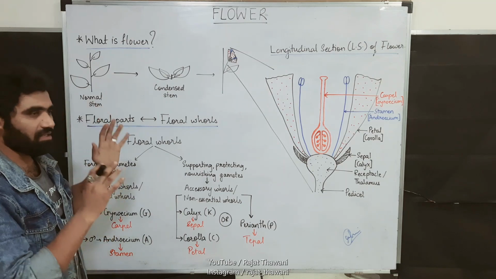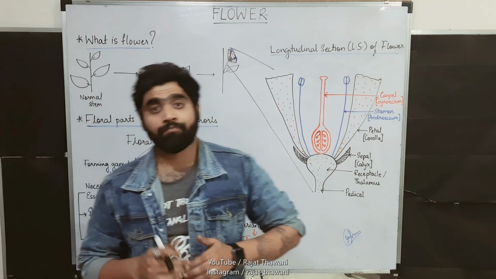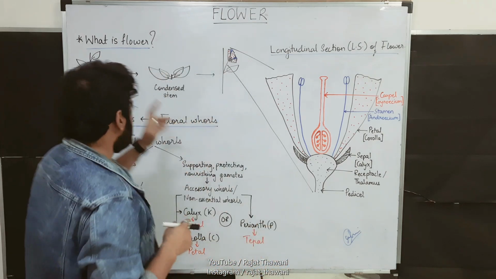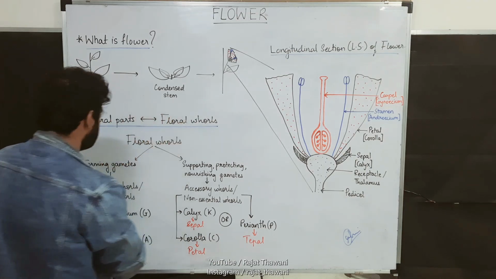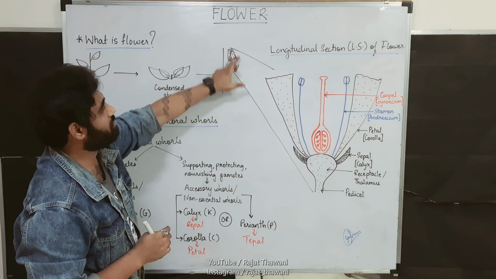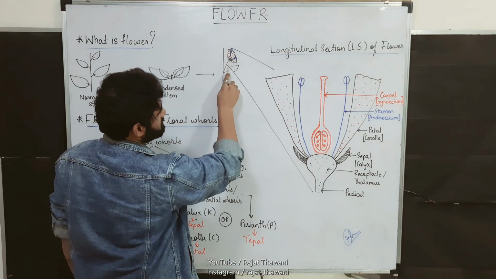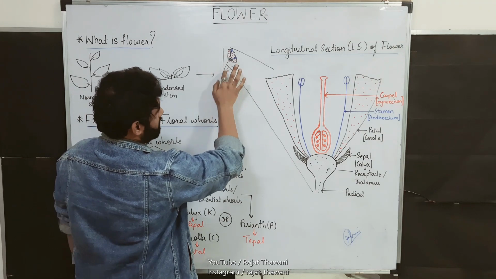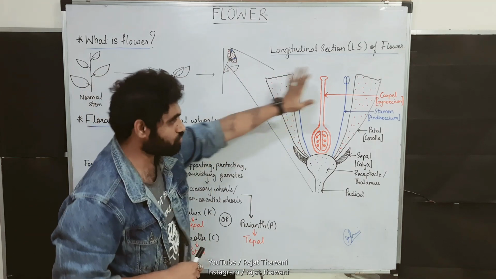Actually it is seen that previously, when evolution in plants took place, the flower was developed in a condensed manner, in a condensed stem manner. So this is how a flower is developed. Now let's consider this as a plant having a leaf and a flower here itself. Here you can see this is the main stem. This is the leaf, and here is the axil of the leaf, and here there is a flower. This flower is just magnified and shown here.